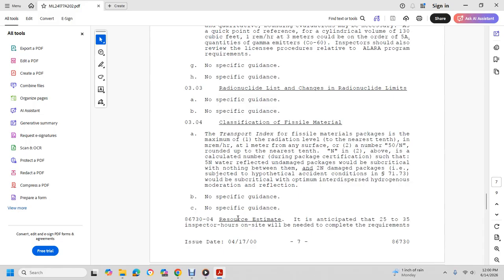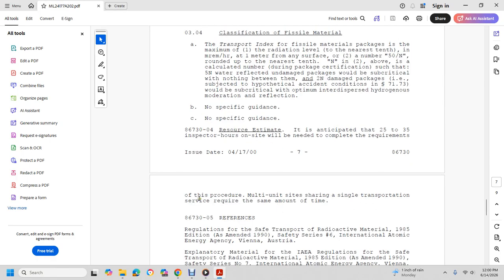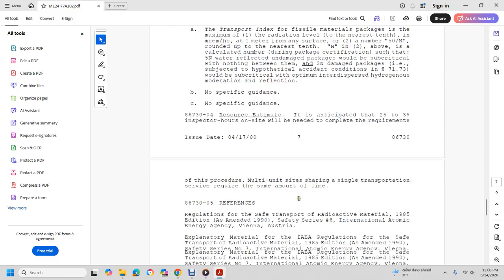hydrogenous moderation reflection, no specific guidance, even no specific guidance. 86730-04, resource estimate: it is anticipated that 25 to 35 inspector hours on site will be needed to complete the requirements of the spreadsheet, with the multi-unit sharing of a single transportation service requiring the same amount of time. References of the